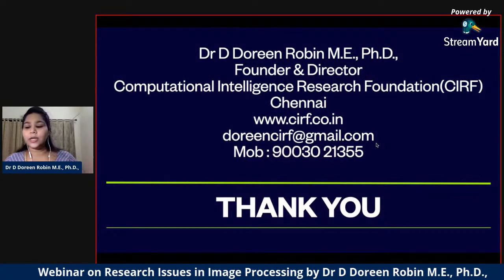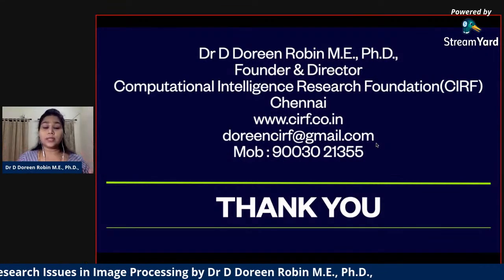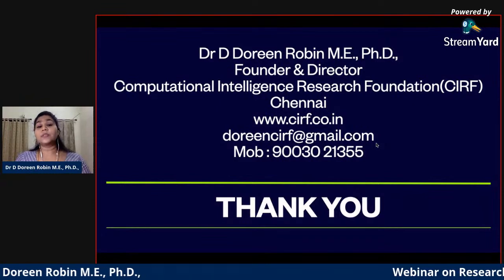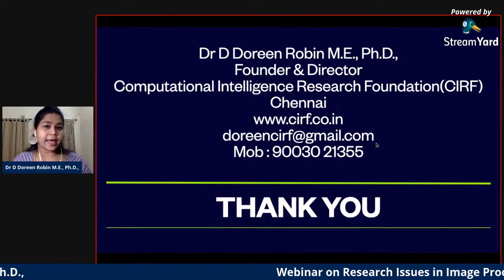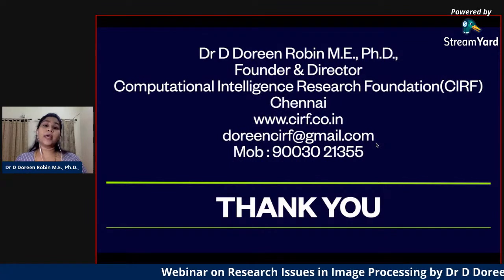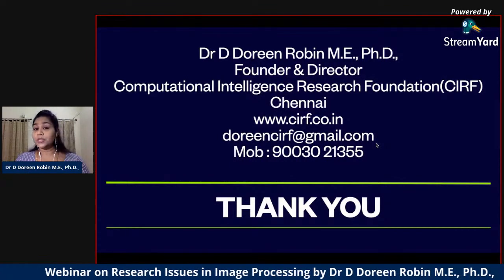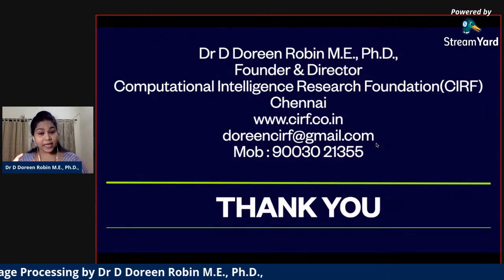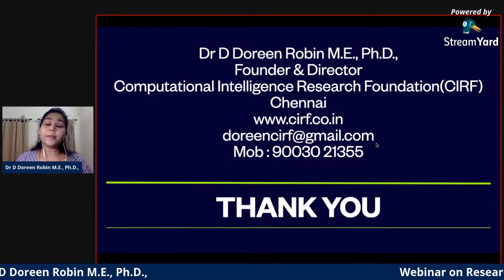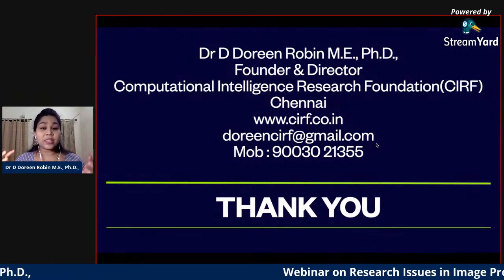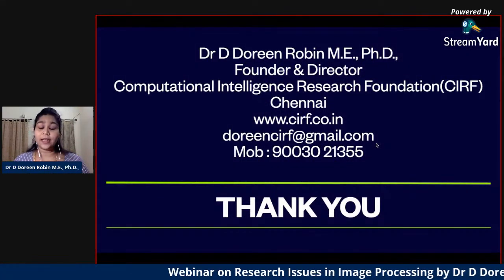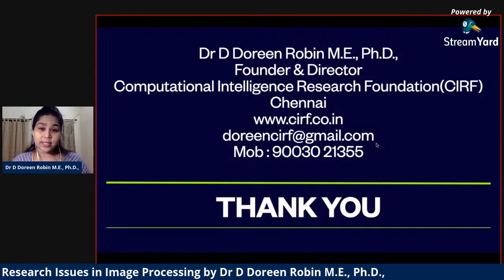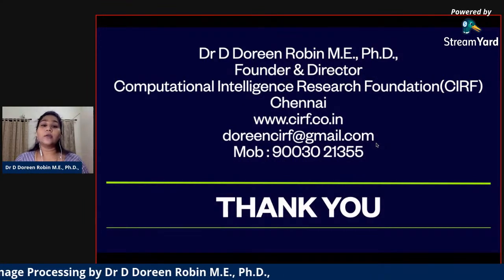So in this session I showed you what image processing is and how it is different, and we have seen the different packages: Scikit-image, NumPy, SciPy, PIL, and then OpenCV. In OpenCV, in detail, we saw the different manipulations that could be done, object detection on an image, only the frontal image, and how you segment it. We saw in depth about Mask R-CNN, how it can be used to detect the objects in an image, and the major research issues.